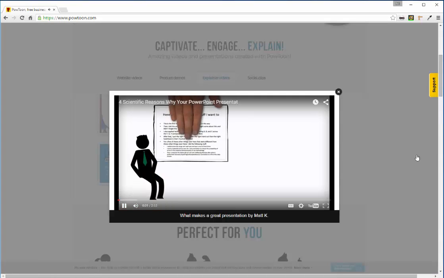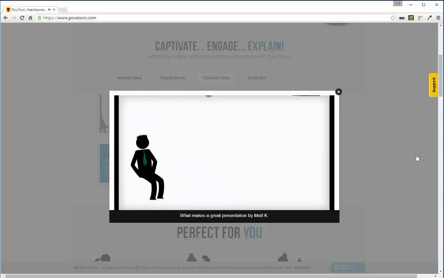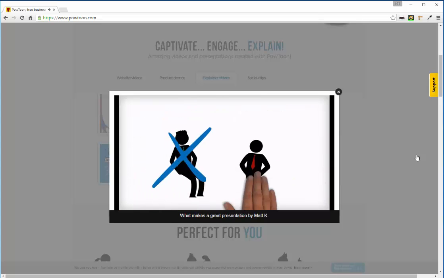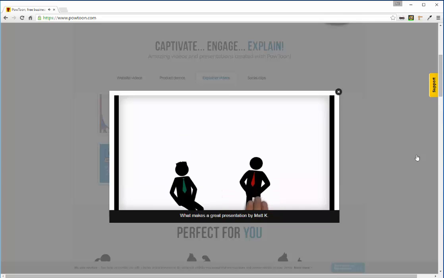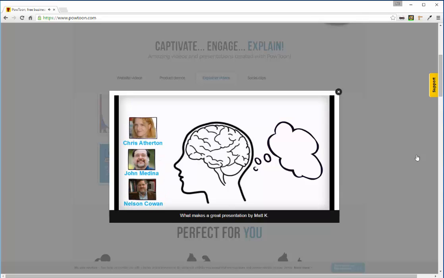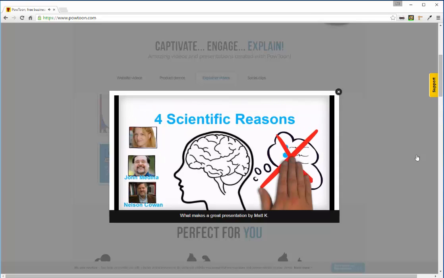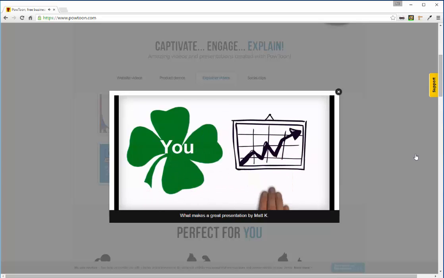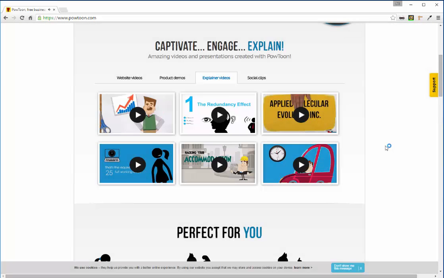We've all been through it before. You know, one of those presentations where you'd rather take a bullet than read another bullet point on a slide? Turns out it's not your fault, or even the presenter's fault for that matter. It's actually because our brains are hardwired in a certain way, and unless you're a psychologist or a researcher, you would never know these 4 scientific reasons why our brains reject bullet points. Lucky for you, after watching this, you'll also know exactly how to make your presentations awesome. Let's get started. Okay, so if you're curious how that movie ends, it's on their homepage under explainer videos, the